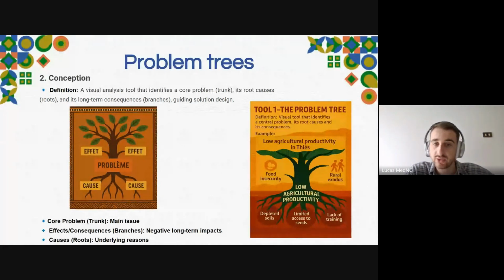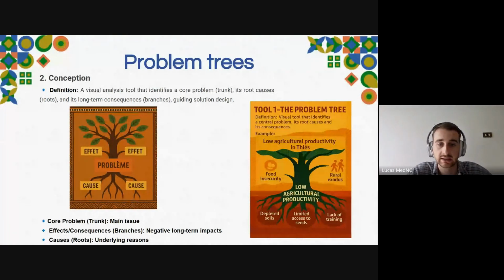Okay, then a good way to jump into that diagnosis part is the problem tree. So the problem tree is a tool. It's very visual.